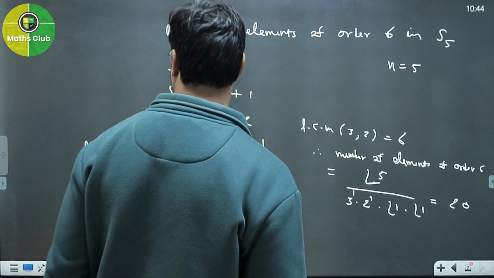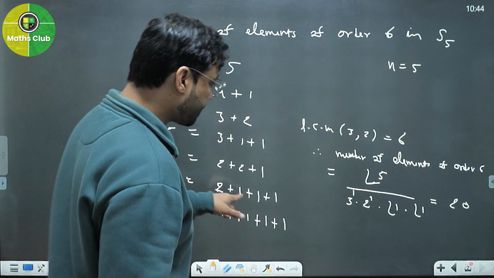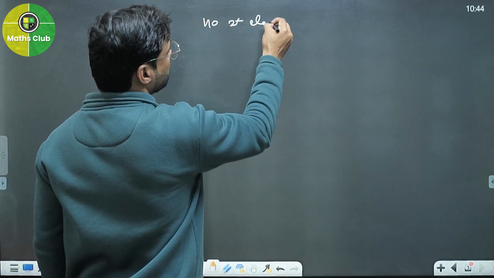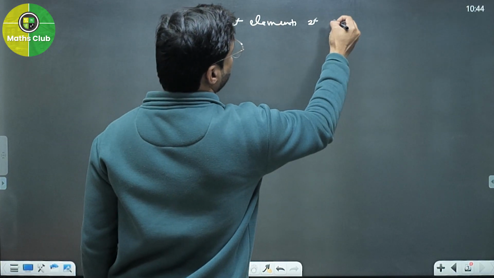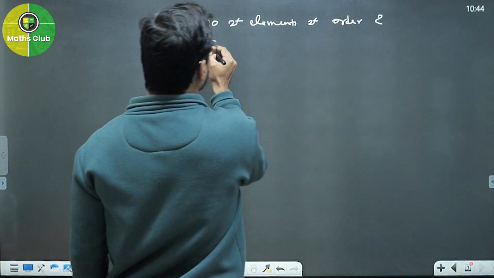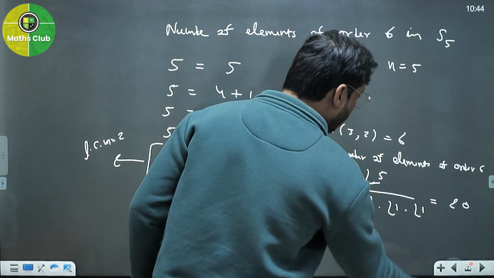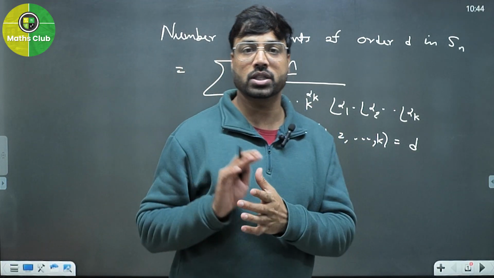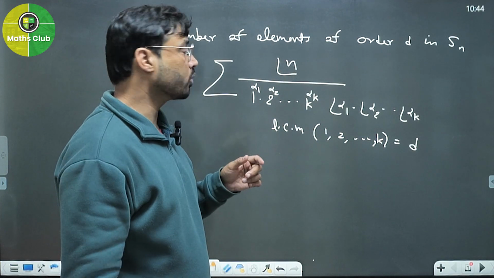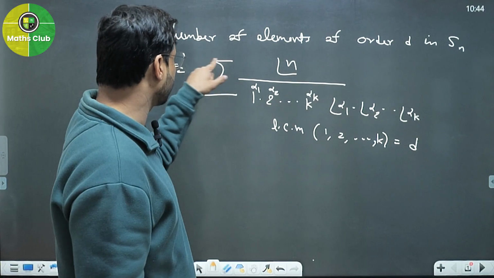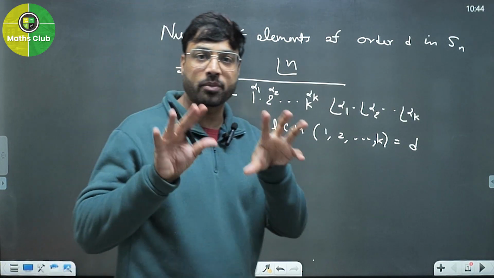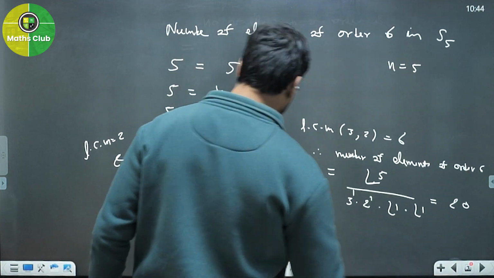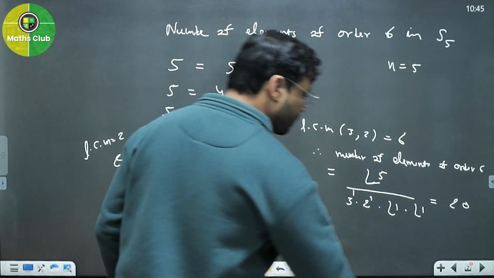So now if you want to find the number of elements of order 2, now observe the formula. Why are we using the summation? In the first case, elements of order 6, there was only one partition, but in order 2 we are getting two partitions, and that is why we use the summation, and we have to add both. So here just calculate it. So the number of elements of order 2 will be, factorial